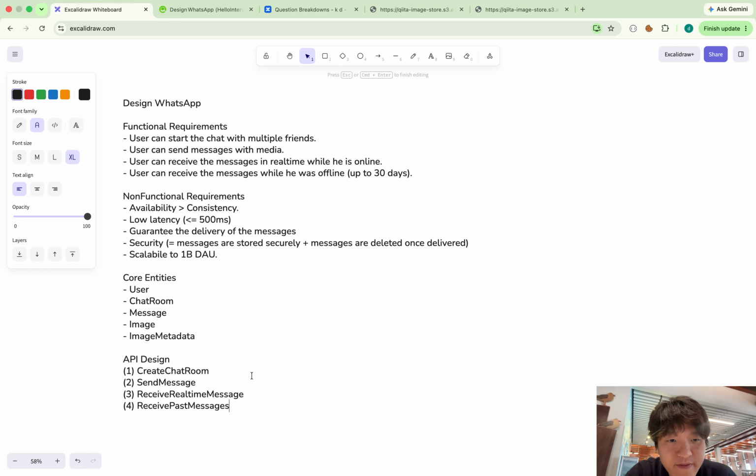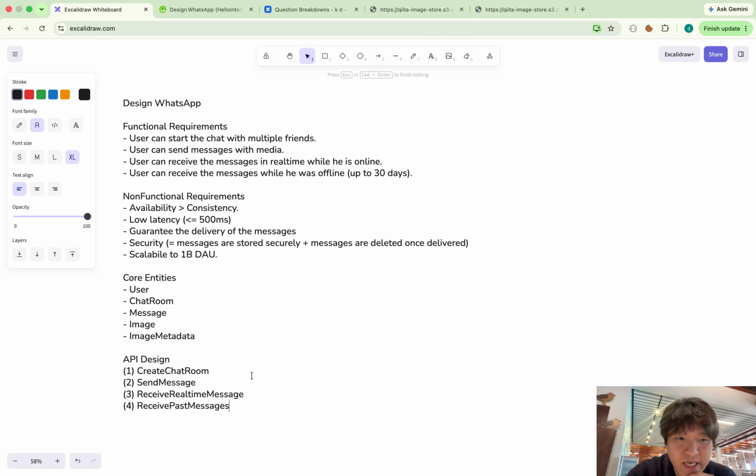So for the first one, sending the image, I will definitely store the images in S3, which is the blob storage. We can store the images in the database, but a database like PostgreSQL is not created for that purpose. Even if it is possible, it takes much more money, and we cannot use any PostgreSQL benefit from that, like B+ trees. And S3 blob storage is created for that purpose. So we will store the blob images in S3.